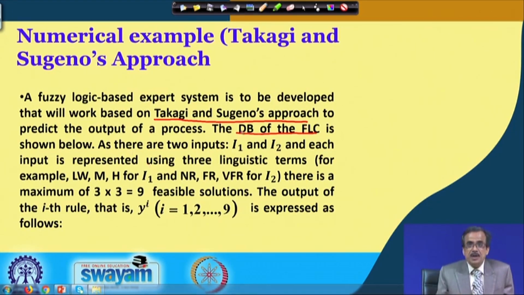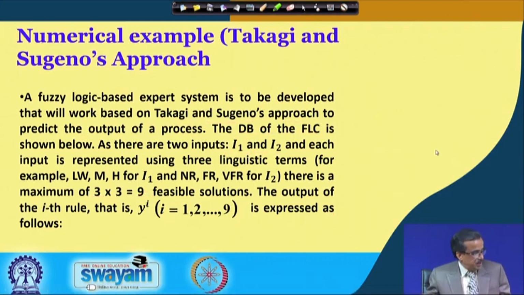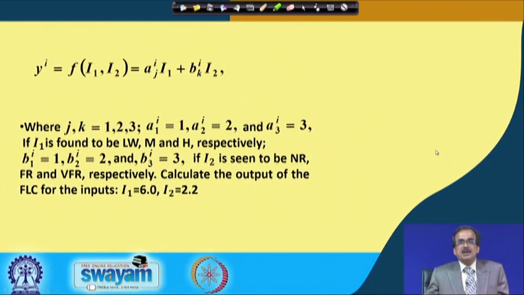As there are two inputs I 1 and I 2, and each input is represented using three linguistic terms, for example, low, medium and high for I 1 and near, far and very far for I 2. So, there is a maximum of 3 multiplied by 3, that is 9 feasible solutions. The output of the ith rule, denoted by y I, varies from 1 to 9, and is expressed as follows. I am just going to give you that particular expression for the output of the